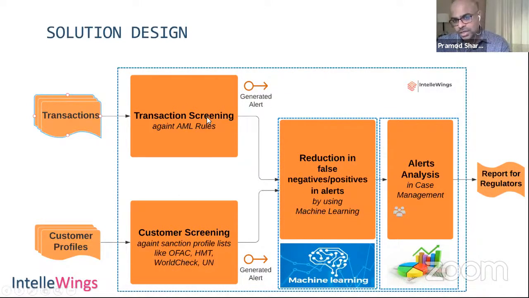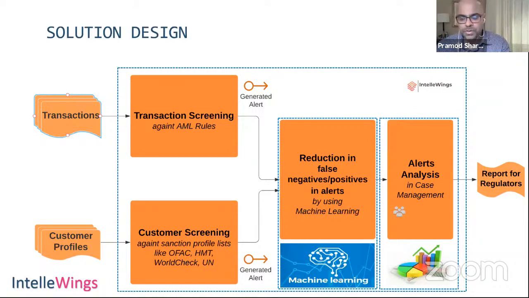Then the alerts are generated from the transaction screening and the customer screening, and they are fed into the machine learning models, which not every software uses, but this is preferred so that machine learning knows the trend of alerts and what are the good alerts. And eventually the machine learning models should send the good alerts to the case management solution, where the compliance officers or the analysts or the principal officers